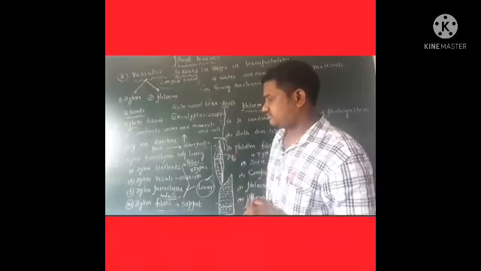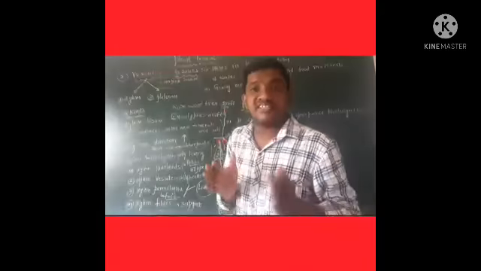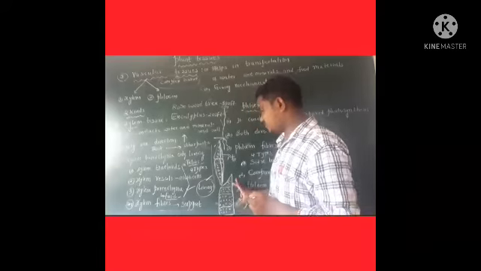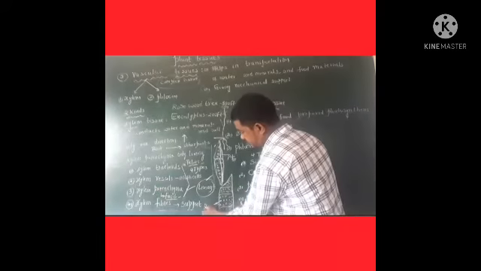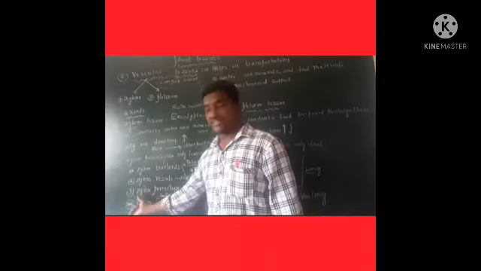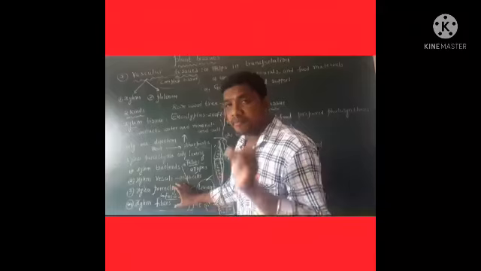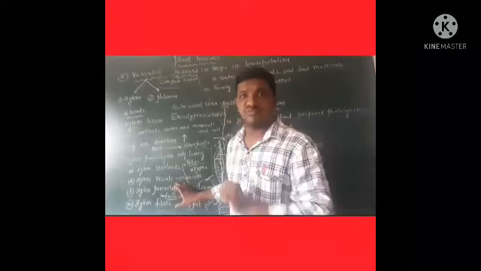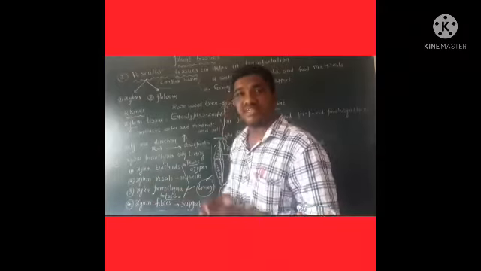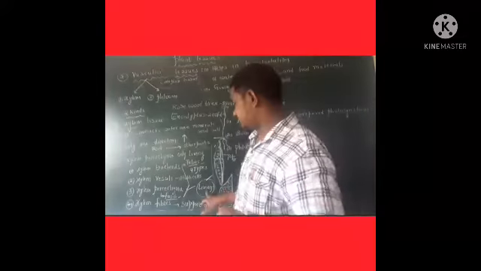Second cell name is xylem vessels. These are multicellular parts. See, this is a xylem vessel. These are the pits. The third one is xylem parenchyma. Xylem parenchyma is the only living tissue in the xylem tissue because it stores food material. Okay, that is a living tissue.